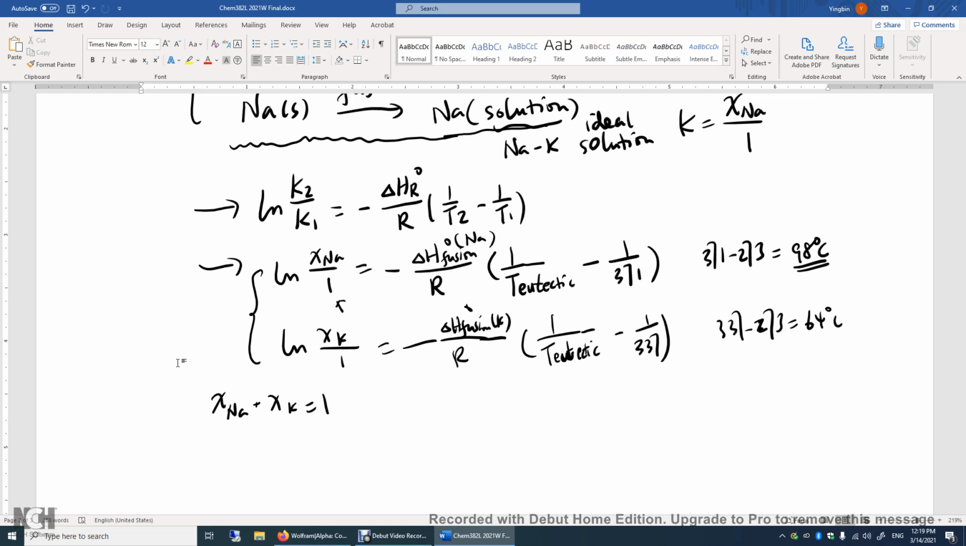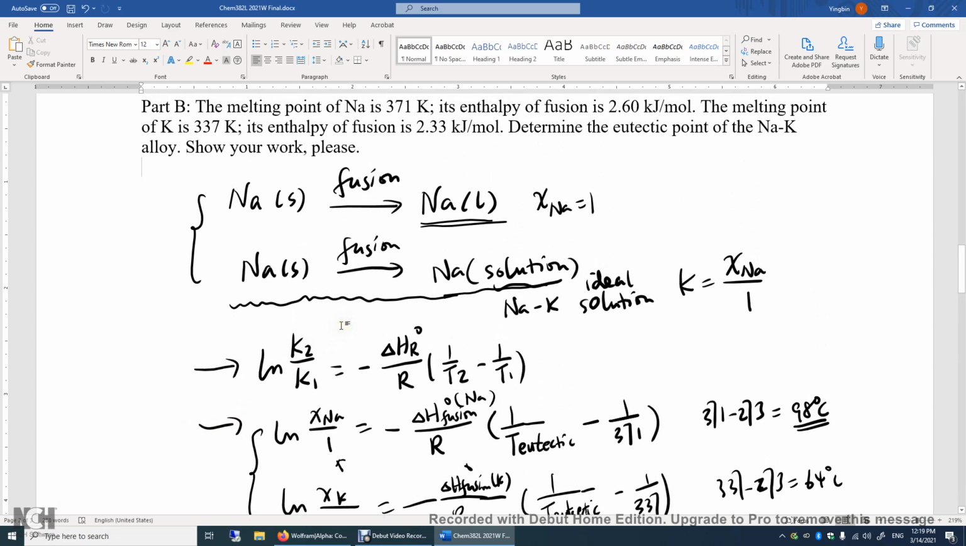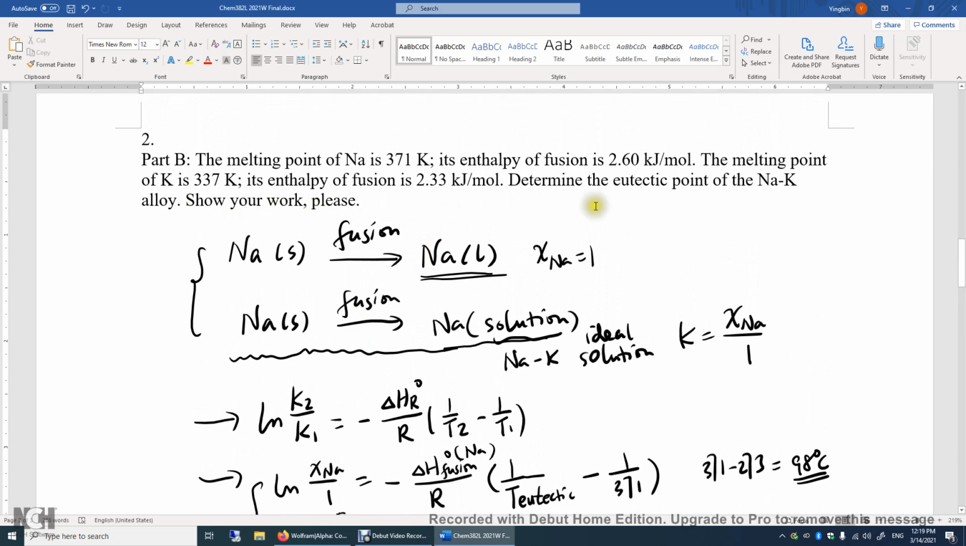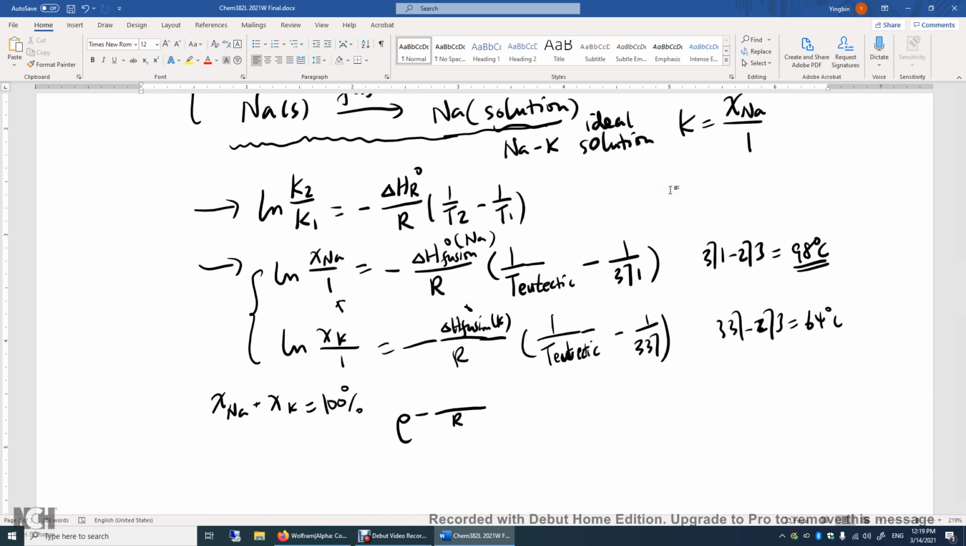All right, so we got these two equations, and I hope you realize that when we have a binary system, the mole fraction of sodium and the mole fraction of potassium, if you sum it up, it's got to be 100%. So that means, over here, e to the power of negative R, this is the enthalpy of fusion for sodium, which is 2.6 kilojoule per mole. Okay, and then I'm going to replace this eutectic temperature with